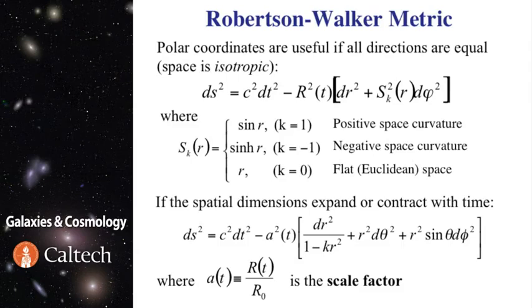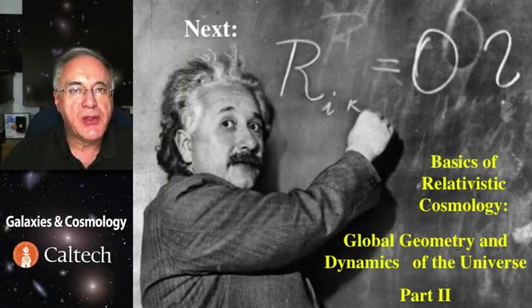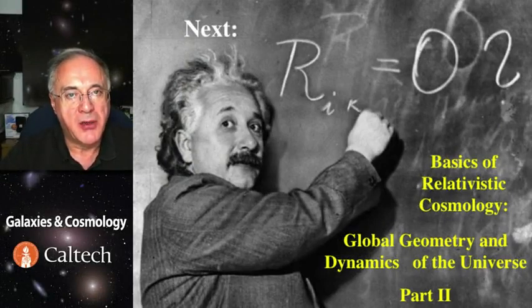Remember that that whole spatial increment can be changing in time, in principle, and this is what the scale factor is all about. Sometimes it's denoted as r of t, sometimes a of t. I'll be using both of those. I just have to pay attention. Basically, that's the ratio of any given distance at some time to what it was relative to a zero-point reference. Like if you start with an expanding universe with a distance between two galaxies of a gigaparsec, then sometime later it will be more than a gigaparsec. So this is just a thumbnail sketch of what general relativity is all about. Next time we will talk a little bit more about how it's applied in cosmology.